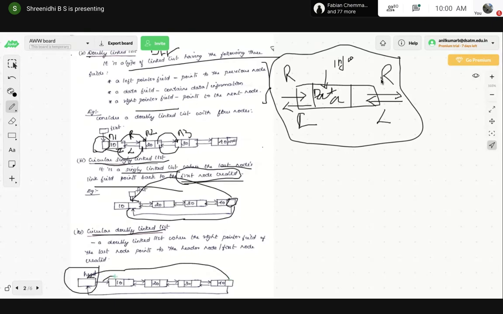So the right pointer field of the last node will be pointing to the header of the first node, which in turn points to the left link of node 1. This is how a circular doubly linked list is created. Is it clear now?